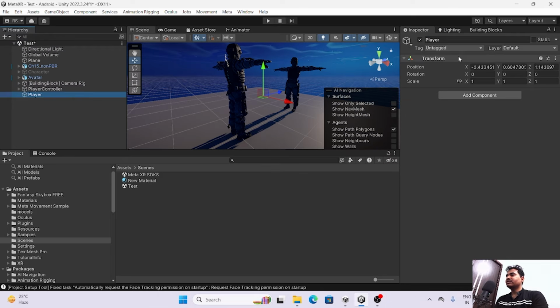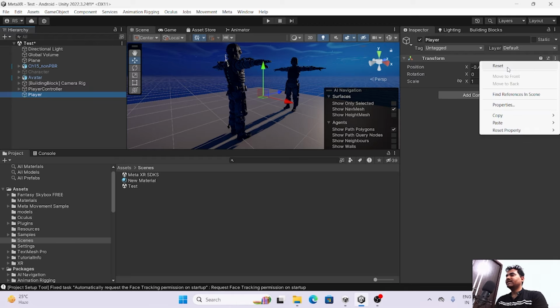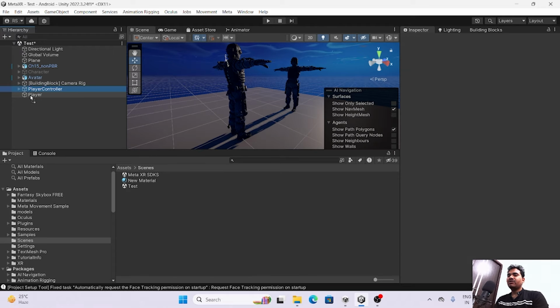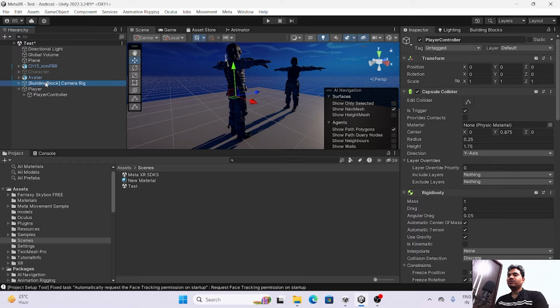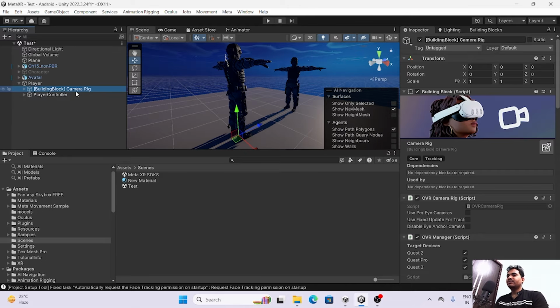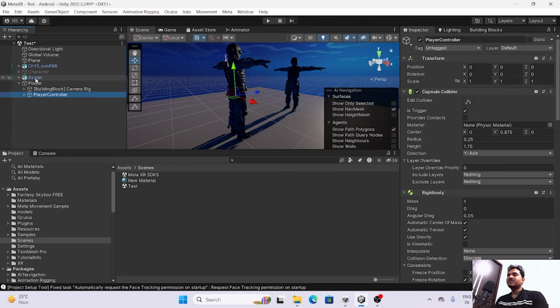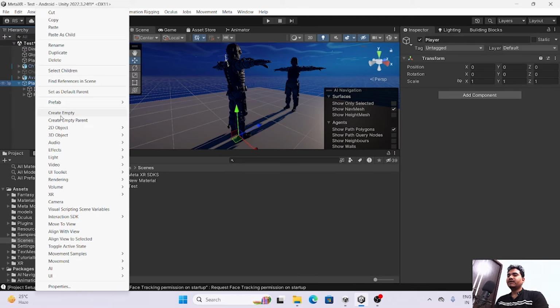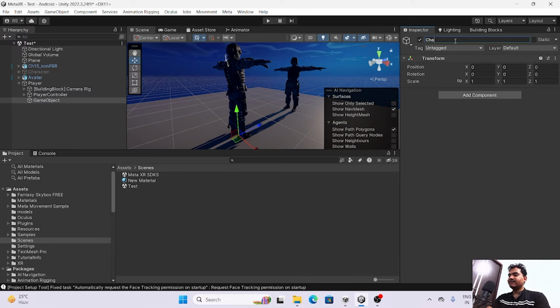Here you can see the position is not 0 0, so you have to just reset this one. Here you can do the child player, that is the player controller, and do the same thing with the camera rig. So make sure everything is reset to 0. Here is the avatar. What we need, we have to create another game object, that is the character, and on